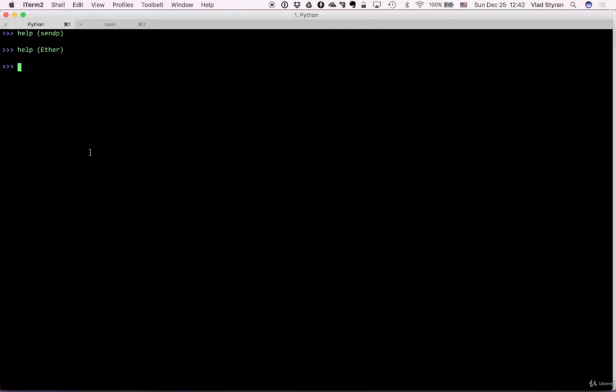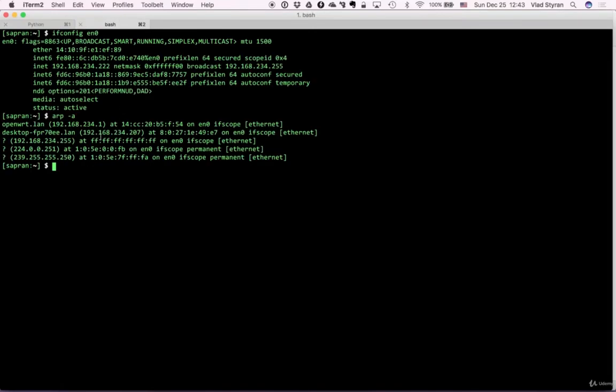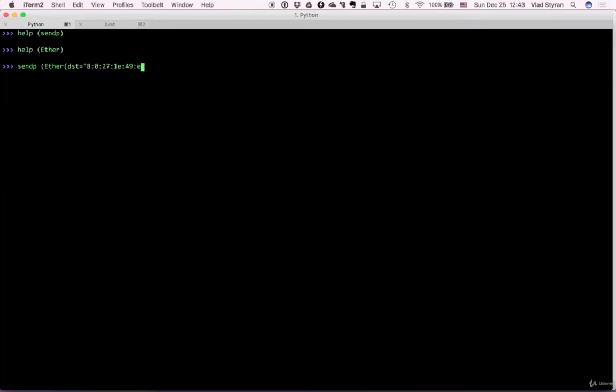And to do that, let's send the packet. Send packet just sends the packet, and its behavior really depends on the packet you craft, and you craft it right here in the command line. So you start from Ethernet and say that the destination will be first our victim host. And that's it. Just send a frame to this Ethernet address and put in this frame this ARP packet, this ARP response that will basically have